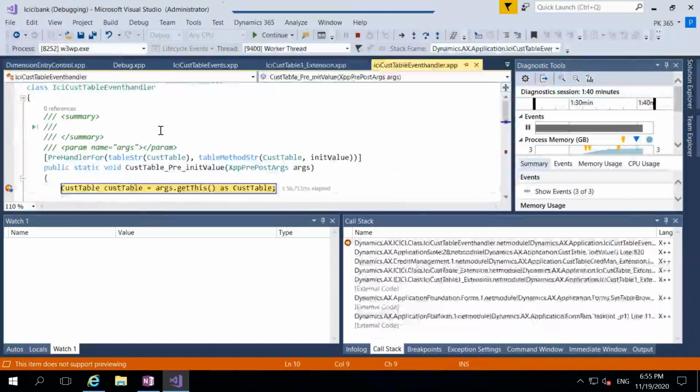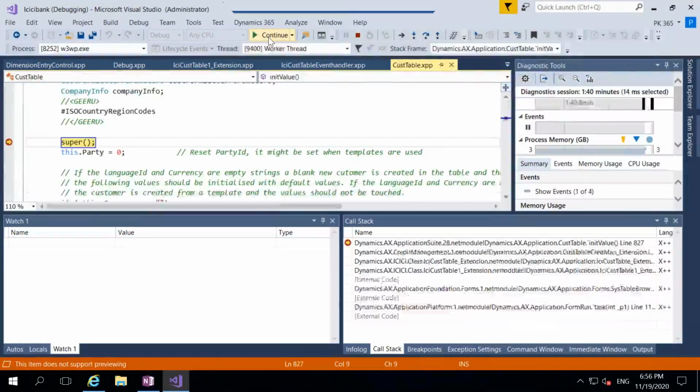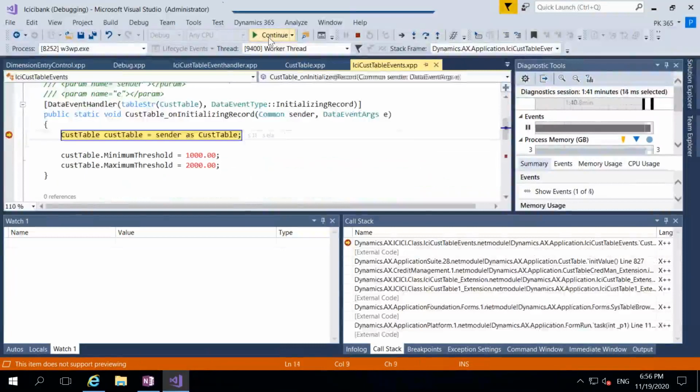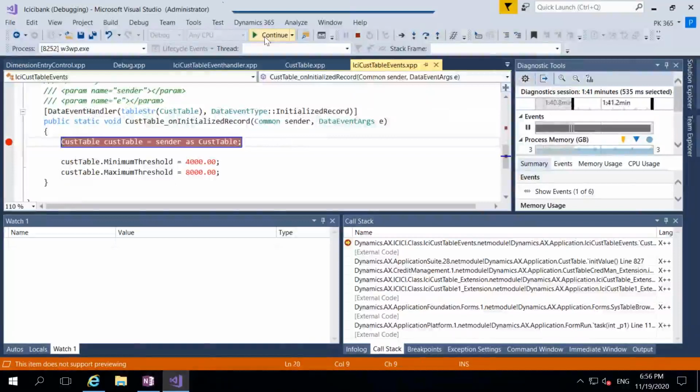Okay, the first thing that it has called is pre-init value. It has called the event handler. Before calling the COC, previously if you remember, it called extension 2. Now what did it call? Pre-event handler. Okay, click on continue button. So even if you write in the pre-event handler, it does not have the priority because it called first. From pre-event handler, where did it go? It went into the super, and then it went into the on initializing. Continue, continue,